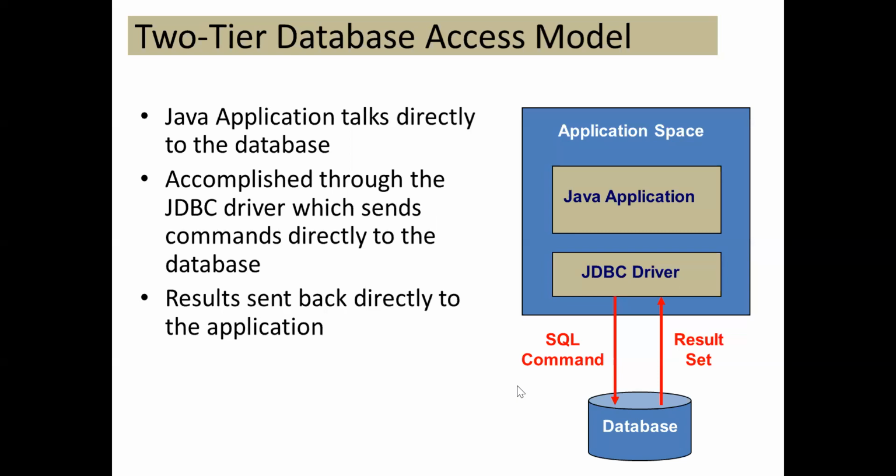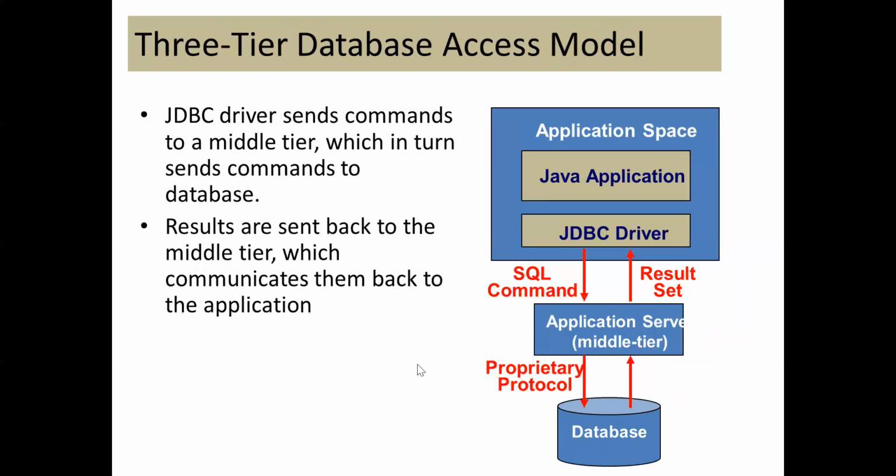Yes, sir. Okay. Now see, the three-tier database access model is very easy. So will anybody tell what is the difference between two-tier and three-tier? The diagram is fully the same, but only one thing differs. Which one? That is the difference: the application server. It contains the middleware tier. So that is the difference between two and three tier.